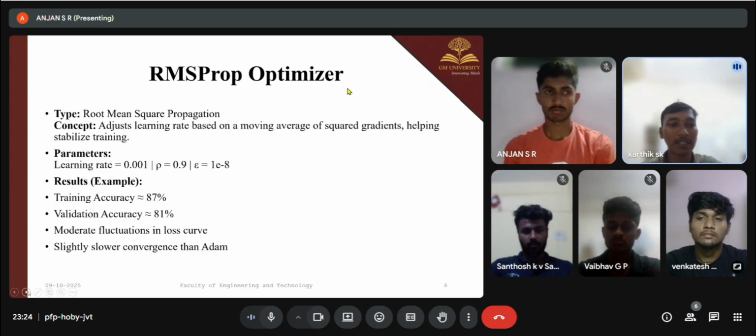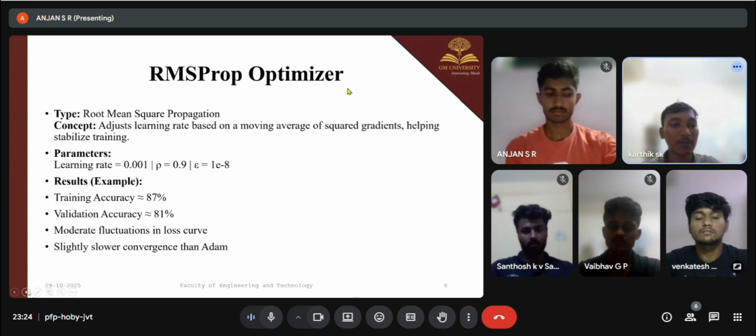It helps stabilize the training, where it uses parameters like a learning rate of 0.001, rho equal to 0.9, and epsilon equal to 1e-8. These are the parameters we use in the optimizers, where RMSprop uses only the learning rate and epsilon with the